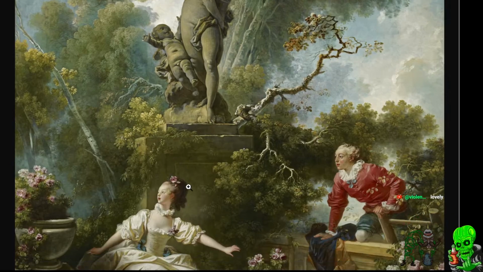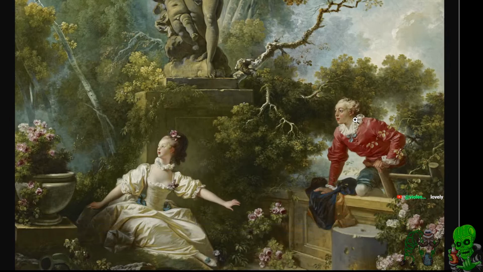And again, I don't know if French people look like this or if this is just how they were depicted. But of course, the pale skin and all that stuff, I know was very popular at the time. And the hair being very done up would be something common to the aristocracy. And then, of course, the billowing dresses as well. And this man is holding his cloak and climbing up the ladder